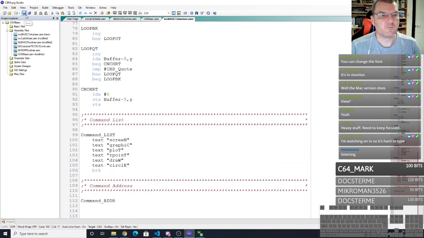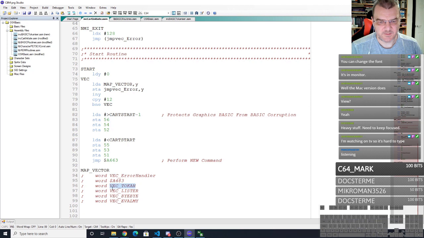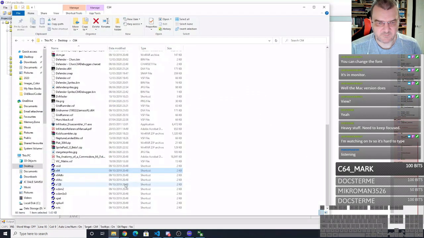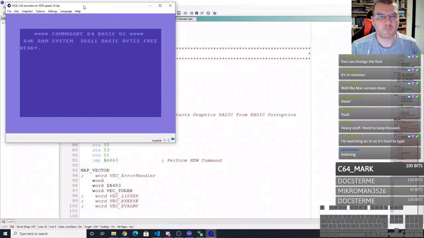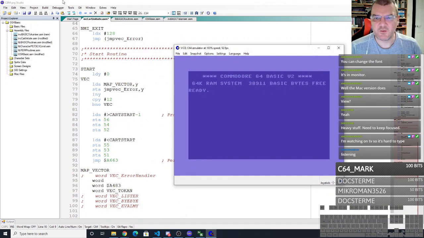So, how do we make this work? Well, we need to now change the vector on here. So this here now becomes our vector. So we'll open that one up. And what I'm going to do is find the vectors for the other ones so we can try this out. So where is Vice again? So if we do the monitor